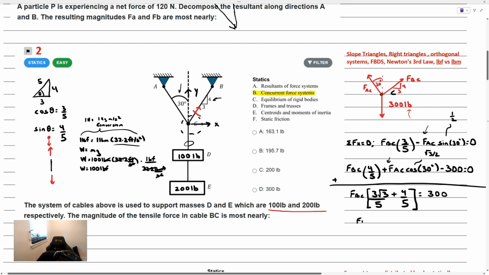So FBC is essentially equal to 300 times 5 is 1500 divided by 3√3 plus 4. So this should be the answer here. All right, so I get 163 here. 163 pounds approximately. That would be choice